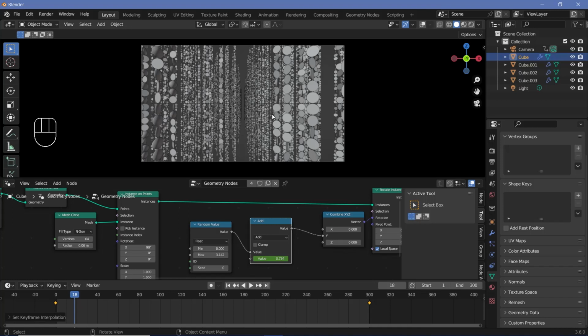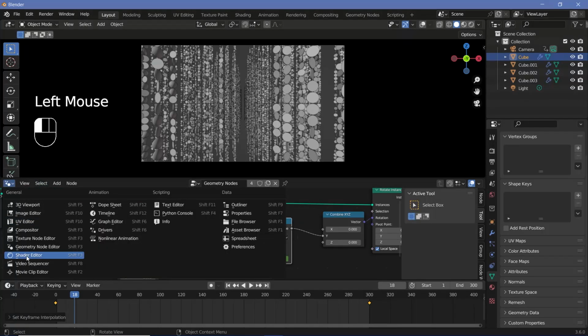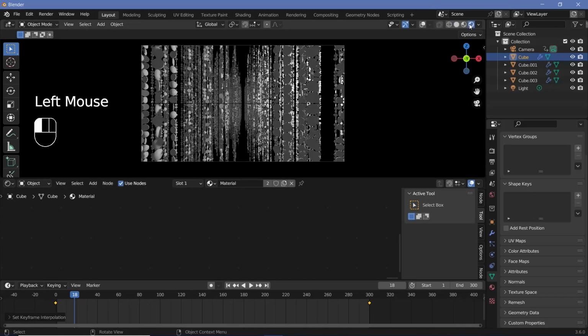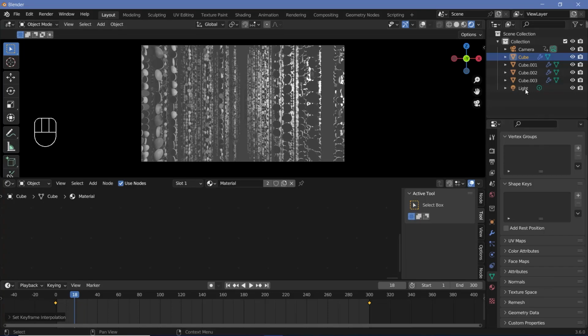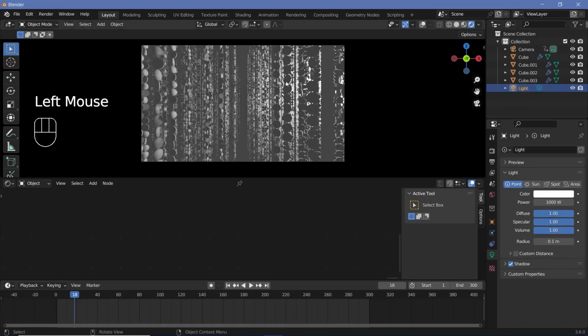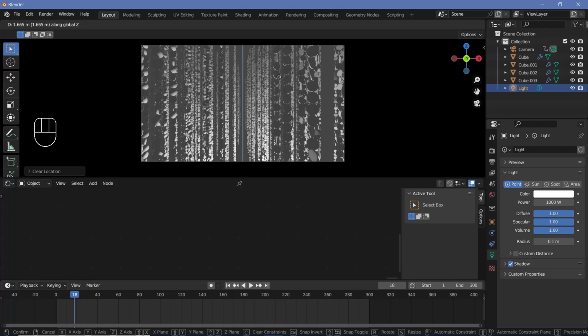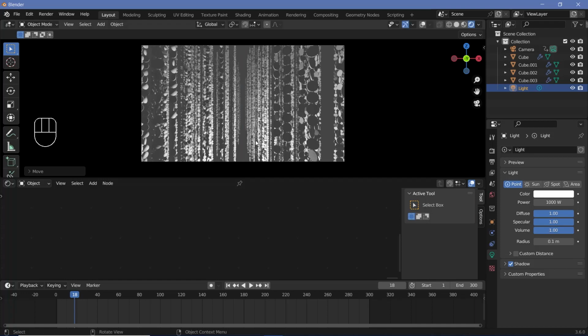With that, we can start off with the actual materials and shading for this entire scene. So let's switch this from the geometry node editor to the shader editor. And of course, because we have the default cube, the default material is already selected, which we've already set up in our geometry node section. To see the changes, we'll switch our viewport shading to render, and we'll also take our default light and press Alt-G to clear its location, and then press GZ just to lift it up on the Z-axis by a little bit. Apart from that, I also want it to be much closer to the camera,